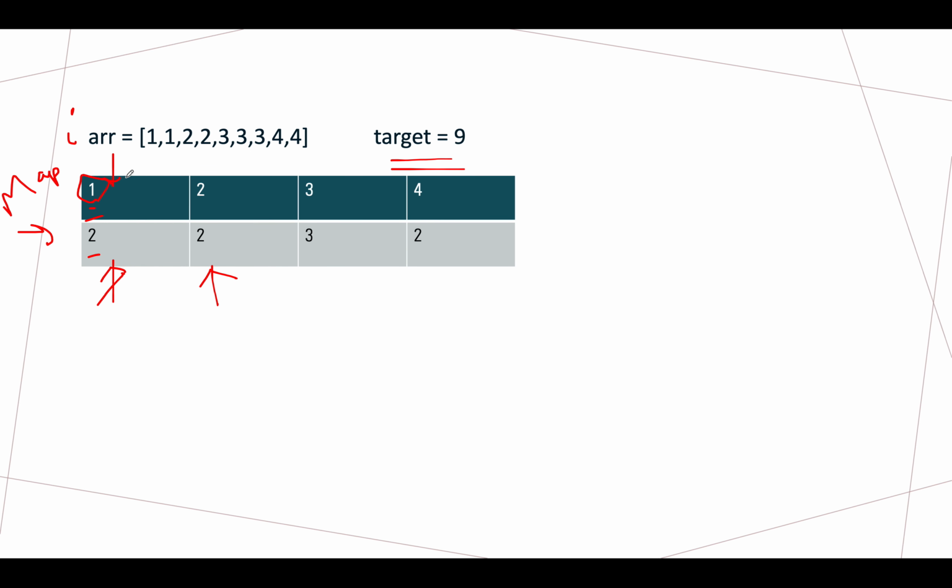So this time we are at 1, and the element that we are at in the second loop is 2. So 1 plus 2 is 3. 9 minus 3 is 6. 6 is not there in the map. We'll move ahead, and next we are at this element. So 1 plus 3 is 4, and the element that we'll search in the map is 9 minus 4, which is nothing but 5. So 5 is not there in the map. We'll move ahead. Then we have 4. So 1 plus 4 is 5, and we'll check whether 9 minus 5 is there in the map or not. It is there, and we found the first case.